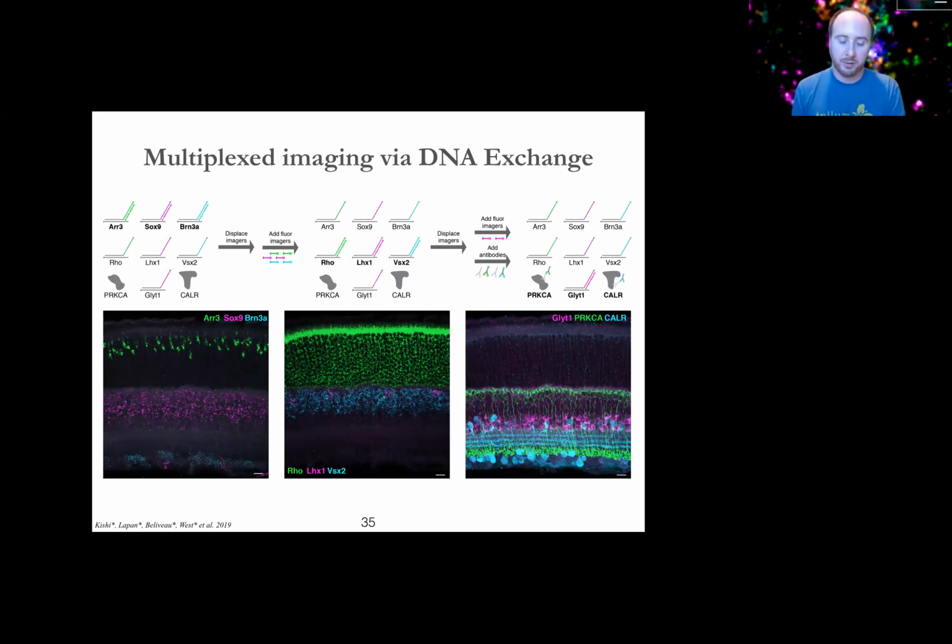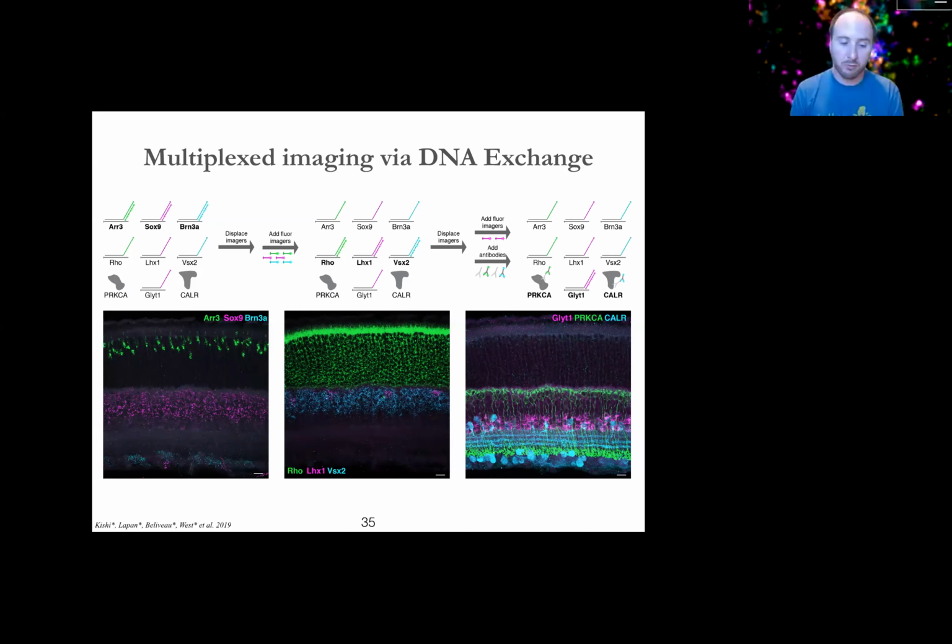So, in theory, we can do unlimited numbers of serial imaging rounds as long as we don't run out of these PER sequences to use. Right now, we have about 50 of them, and there are ways we potentially could recycle them as needed. So I think there's a lot of potential for doing many, many colors using this approach, even without using a combinatoric code to boost the number of colors you can get per round. And the reason that this works so well has to do with the kinetics of DNA hybridization.